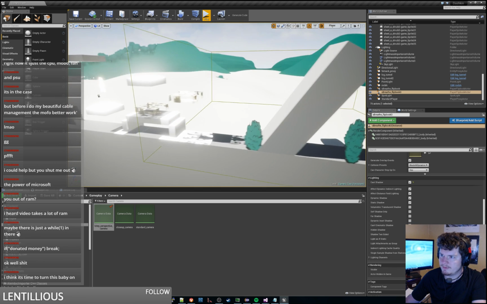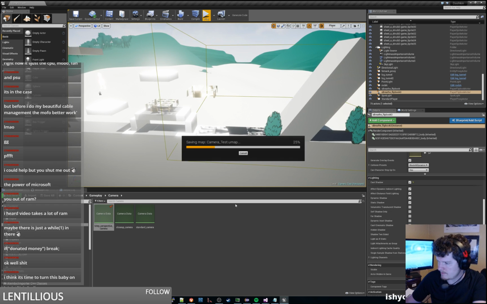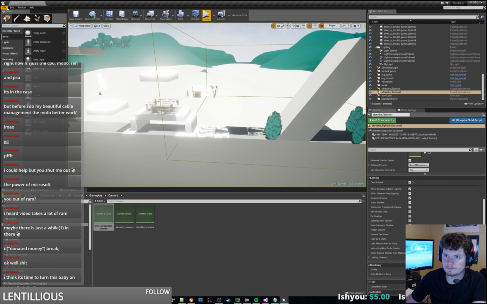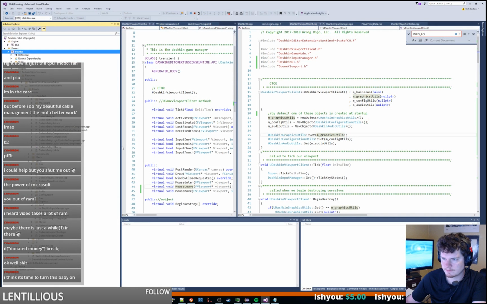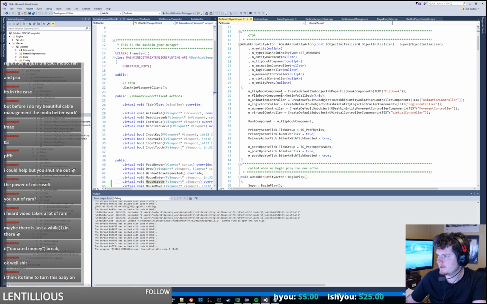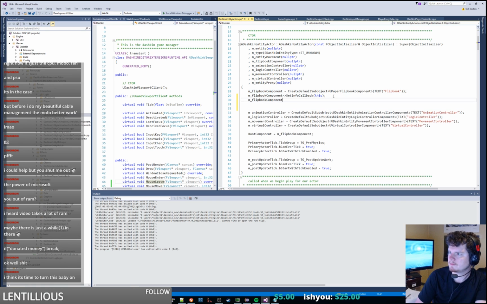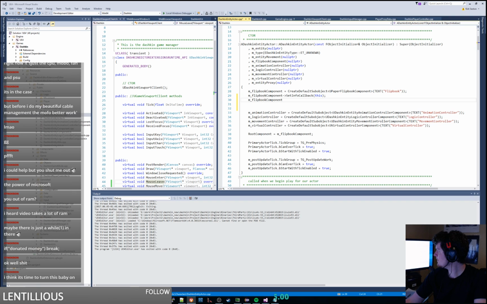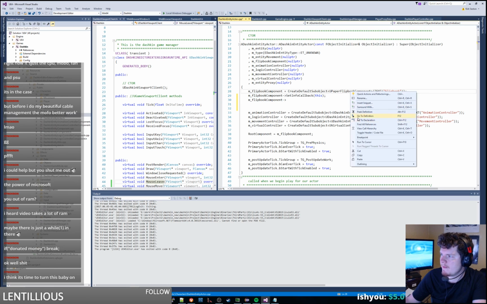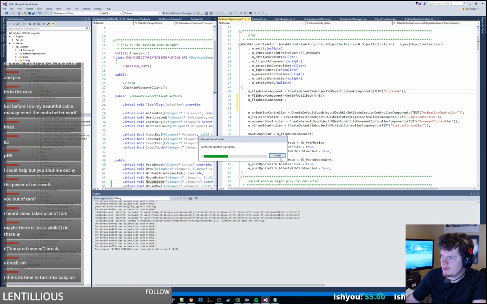Okay, so if we want to turn on the casting of shadows, we need to do that inside of our entity actor, inside of our flipbook component. Oh my god.